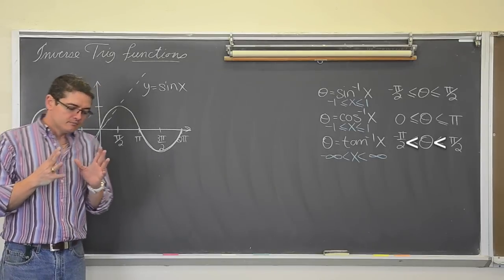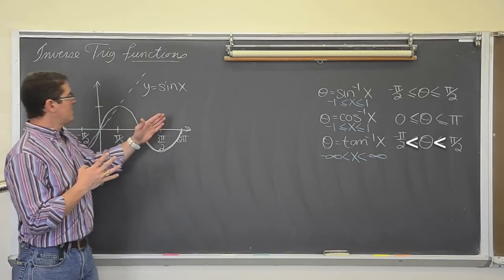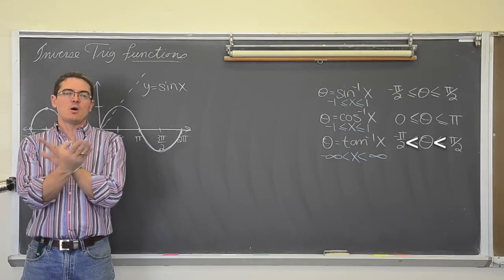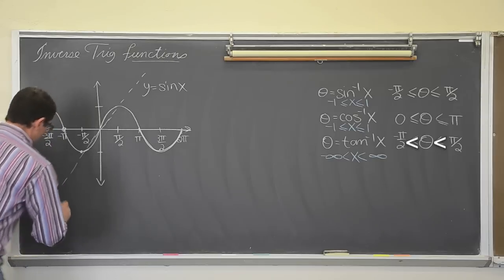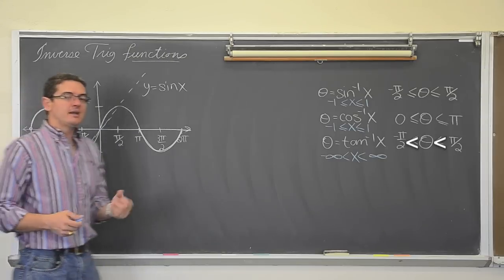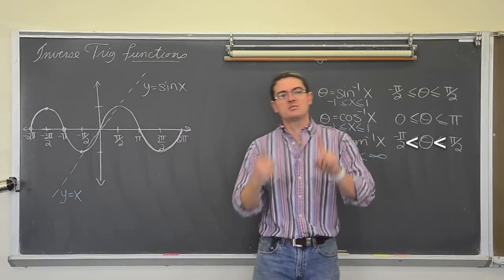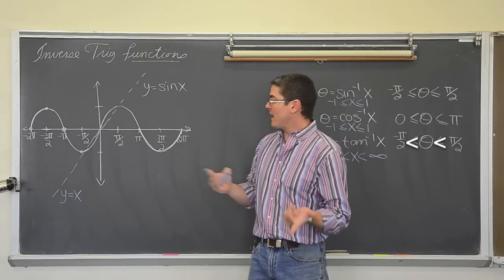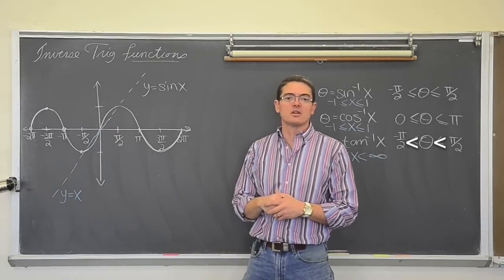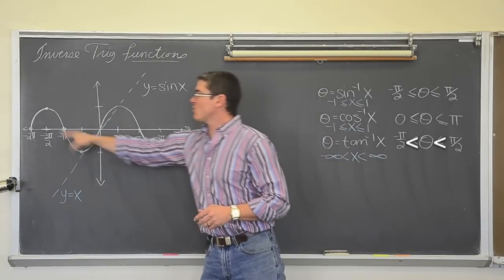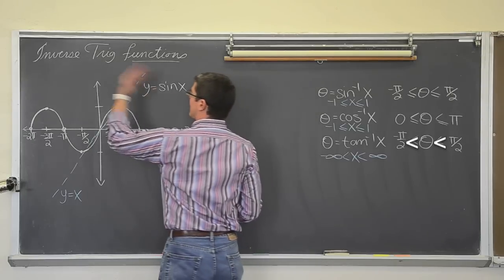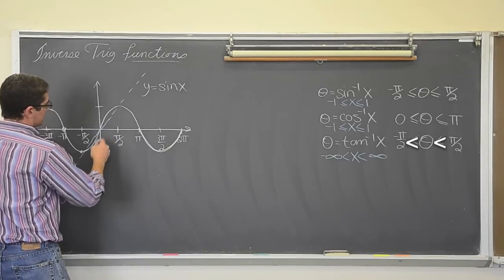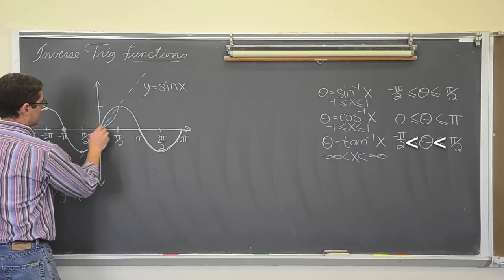When you take a graph and you try and sketch its inverse, you take the x and the y variables and you flip them, or you reflect it around the line y equals x, right? Algebraically, if you want to find an inverse function, you take the x and the y variables and you switch them and you solve it for y. So, geometrically, that's the reflection over the line y equals x. So this sine graph reflected over the line y equals x, so I can look at the inverse graph, is going to look, this is going to be a sketch, but it's going to look something like this.